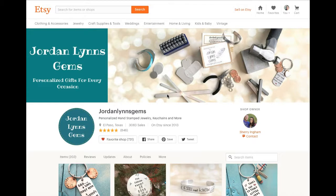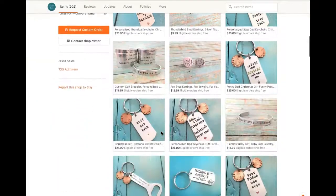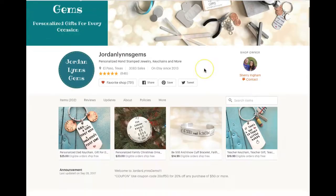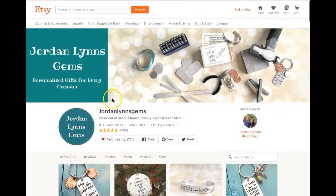Now, I have to say, I really do like this kind of font here. This is kind of nice. It's a little bit better than this. I don't know if maybe you were trying to match it up. Although, when I think of Jordan Lind Gems, I don't really think of something that's more like, I don't know, elementary is the only word I can think of. I would think of something a little bit more,